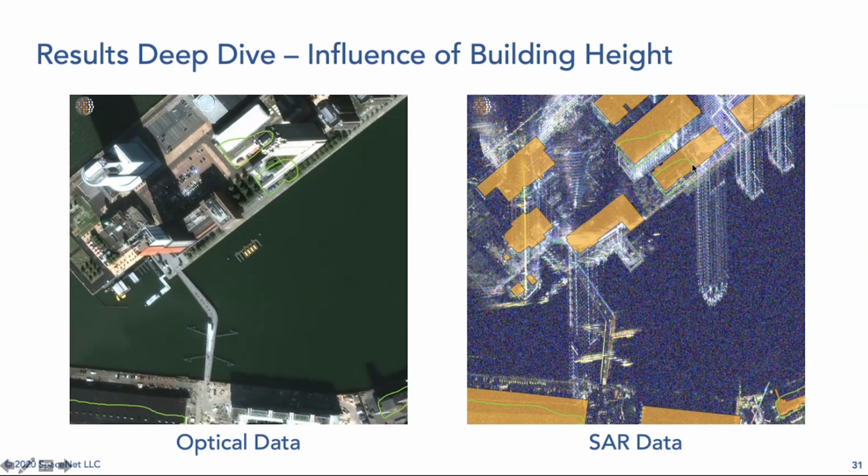And we believe that's probably related to this phenomenon called layover. So you can see these really tall buildings stretching out over the water. And what's happening here is the SAR sensor is actually positioned to the south. It's imaging and shooting a beam to the north. The beam will actually hit the top of the building first, rebound to the sensor, and then it will gradually go down and hit the bottom of the building as well, and then bounce back. And this causes the building to lean back towards your SAR sensor, causing this phenomenon and